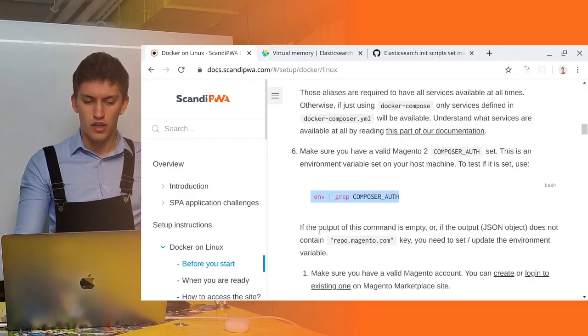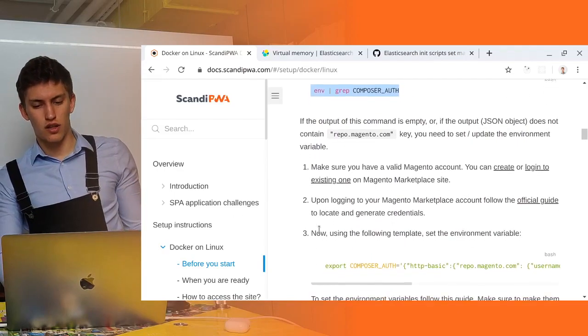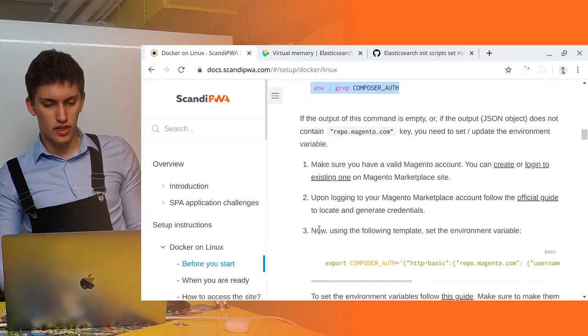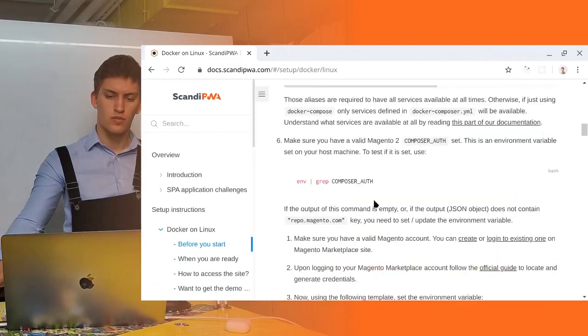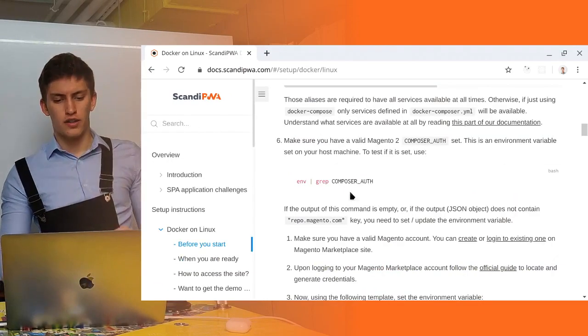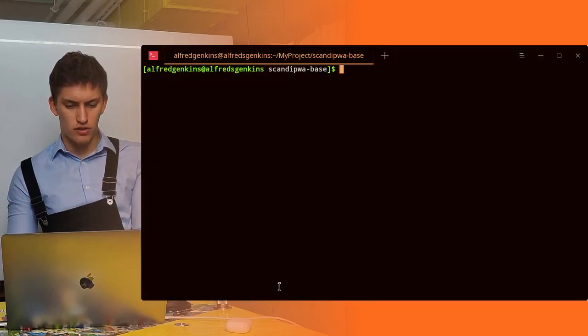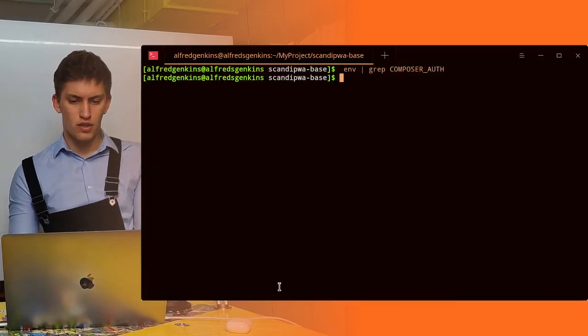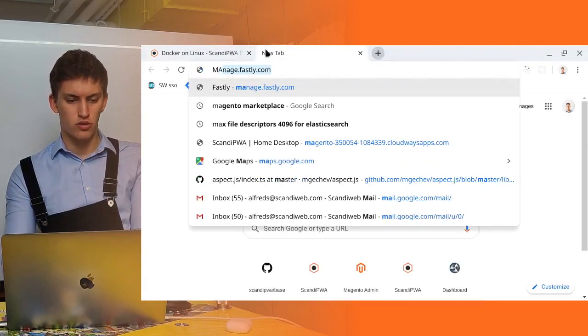Now, let's make sure if you don't have one set. Now it's time to check for the composer auth. So let's copy this command and try to execute it. Well, I have nothing in my output, which means that I have to go to